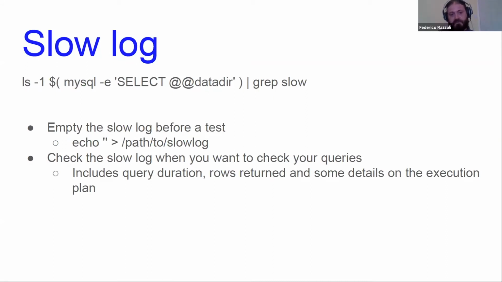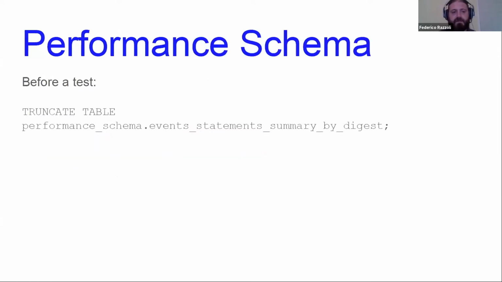So basically what I suggest to do to take advantage of these things is, before beginning to test something, you can empty the slow log. And then you can do your tests in any way. I mean, it doesn't matter if they are automated unit tests or if you just use your application manually to make it do something. In any case, it will start to run queries, and those queries will be written into the slow log. I also suggest to run this simple query.